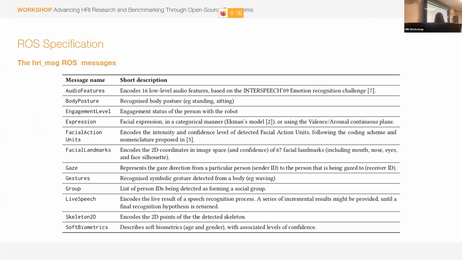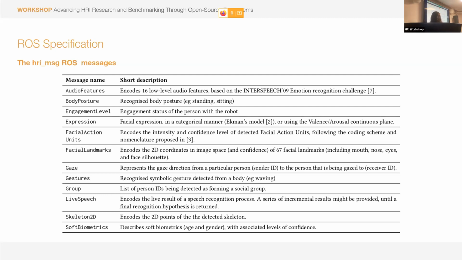And also very quickly now, we have a bunch of ROS messages already defined. I won't go through all of them, but basically you can see that we have some audio features for the voice. Then we have everything related to body posture, to facial information that we can detect from the users. We also have gaze and gestures.